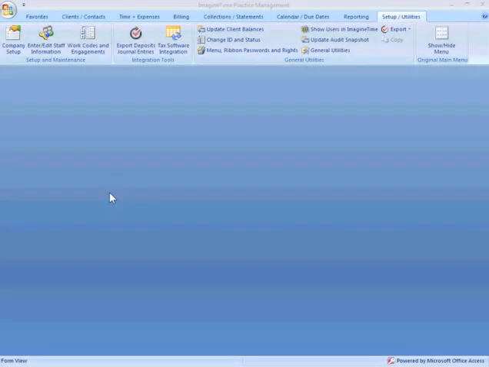Let's cover the other functions from the Setup/Utilities menu or ribbon before we leave this section. Under the integration tools, you have export deposits and journal entries. This is for our QuickBooks integration. We export your daily deposits over to QuickBooks to a control account. You can do a journal entry that will debit that control account, credit the proper income accounts by work code